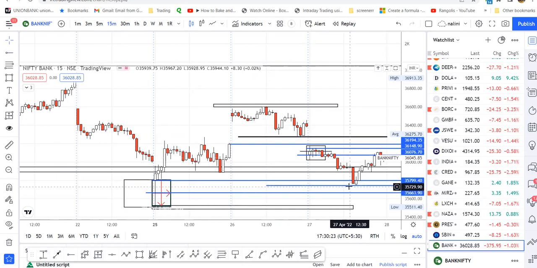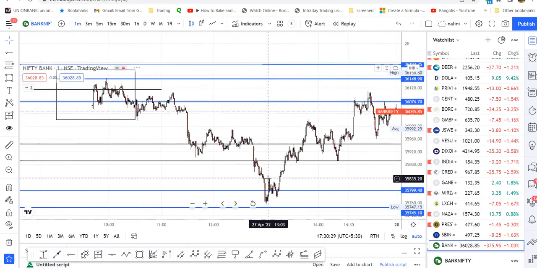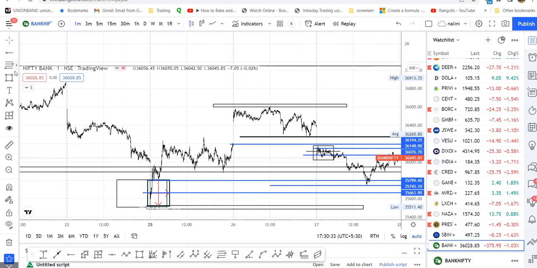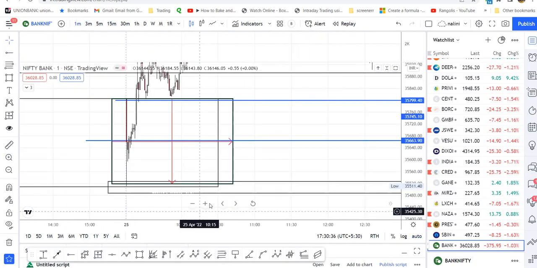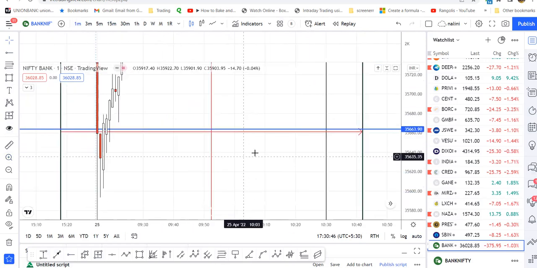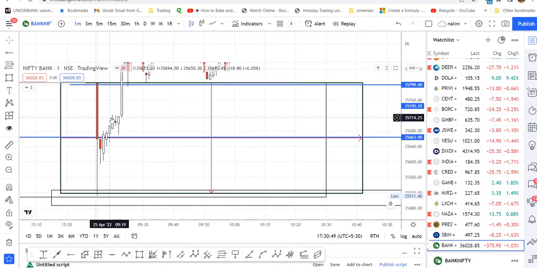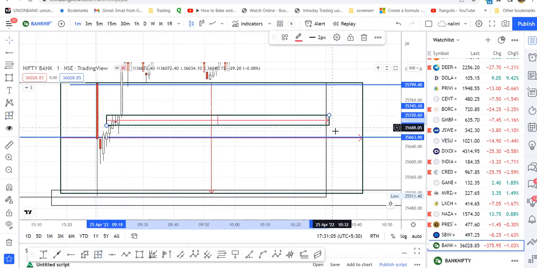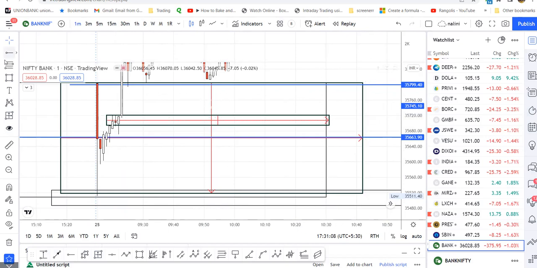35,745 was the level. So even you can fine tune that level by going to the lower time frame, 1 minute time frame. If you go and check the 1 minute time frame, there is a small doji candle over here, a base candle, from which the trend has emerged. So let me mark the 50% of this level. So I'm fine tuning the levels. So it comes to